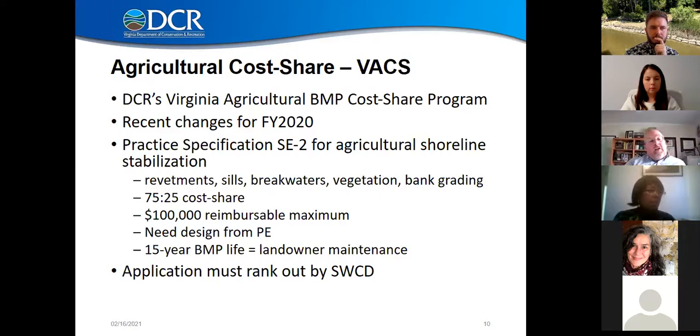And so there's a variety of factors, but for example, if a project has better environmental outcomes or pollutant reductions, it may rank higher than a particular living shoreline on agricultural property, but maybe not. I will say that this being the second year, we didn't have any applicants statewide for this last year, but this year it does look like the Colonial Soil and Water Conservation District right here in the James is being the leader in getting some applications from ag producers that are interested in this